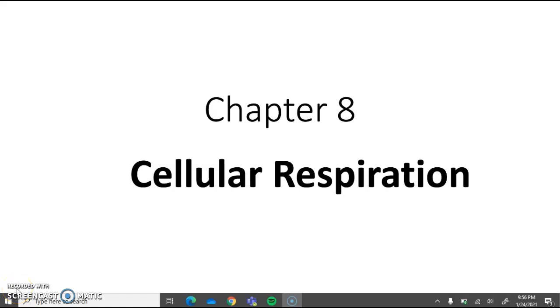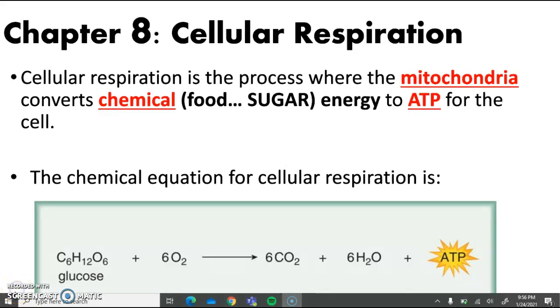Hey guys, so today we're going to talk about cell respiration. After talking about photosynthesis and learning how plants are able to take the sun's energy and store it into sugars, we're now going to learn about the process that cells use to take the energy that was stored in these sugars and break down the sugars in order to generate ATP, which can then be used for a multitude of